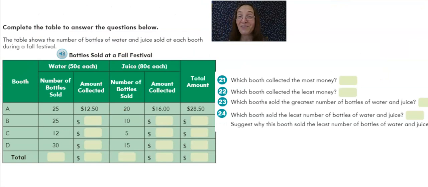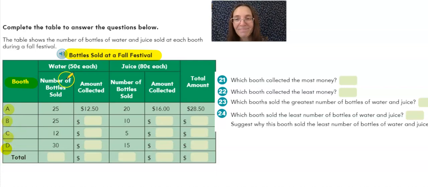Let's do this with another table together. This table shows the number of bottles of water and juice sold at each booth during a fall festival. It looks more complicated than our last one, so I'm going to start looking at all the different titles and labels that can help me know what the information will be sharing with me. The title of this table is Bottles Sold at a Fall Festival. And I notice that the first column is a booth column. They had 4 different booths, and just to help us tell them apart, they named them A, B, C, and